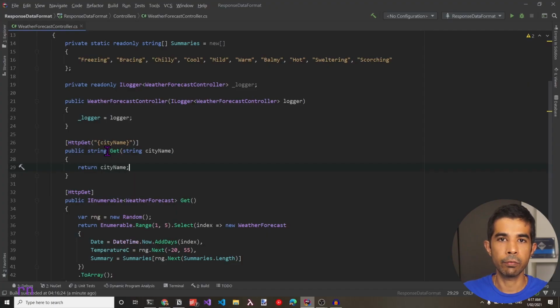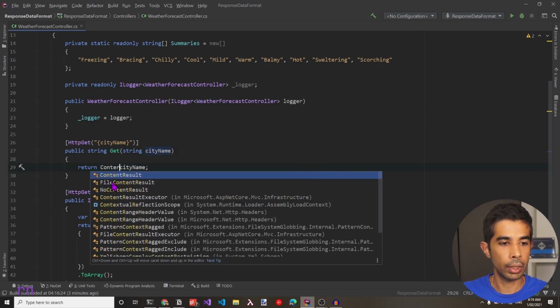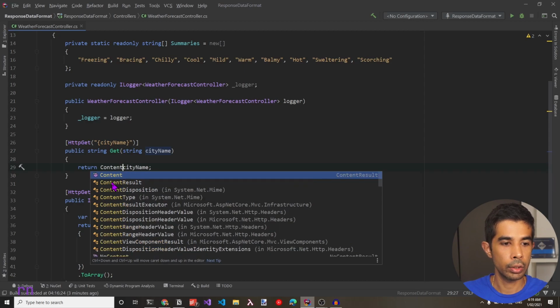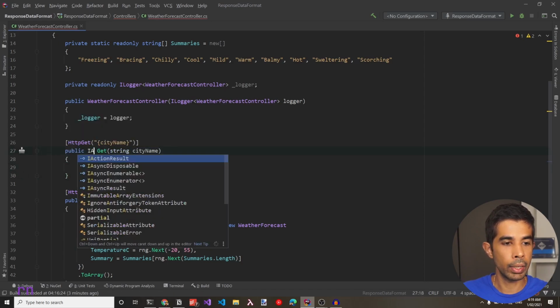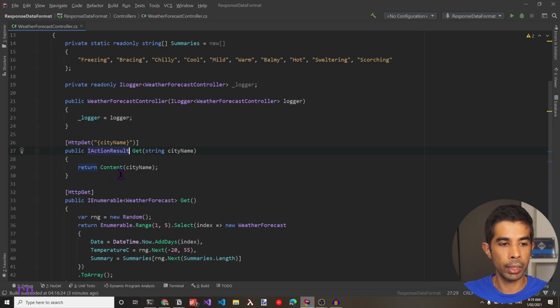To return the plain text format, we can also use the return type of content result. In an earlier video, we saw the different return types that a controller action method can take. And we saw one of them was IActionResult. So if you want to return an IActionResult and keep the text / plain as the format, we can return content result. So let's update this return method to return a content result. So we can use the content method, which is a short form to create the content result. However, to get this to work, we'll have to update the string to be IActionResult. Now this compiles properly, and this is also going to return a text / plain return type.